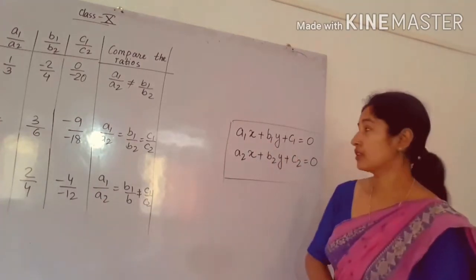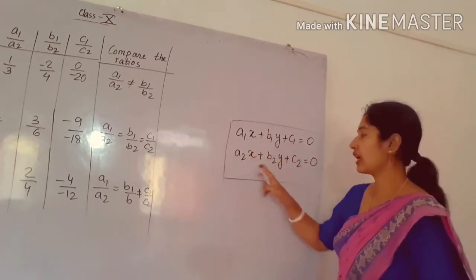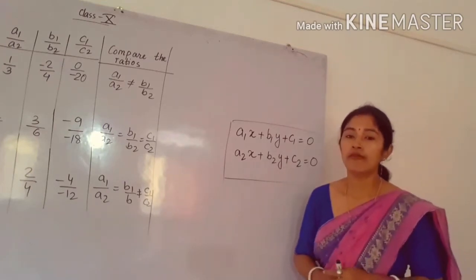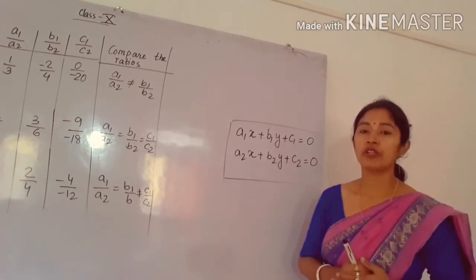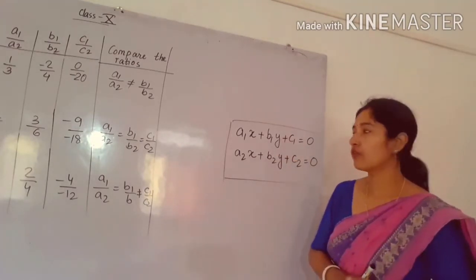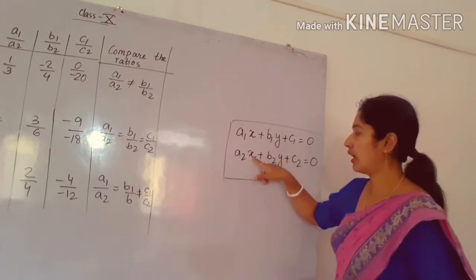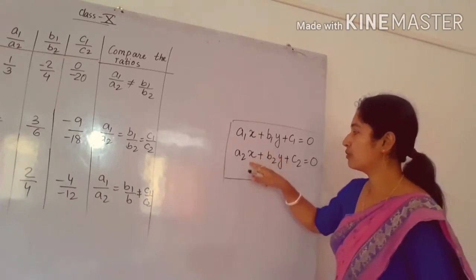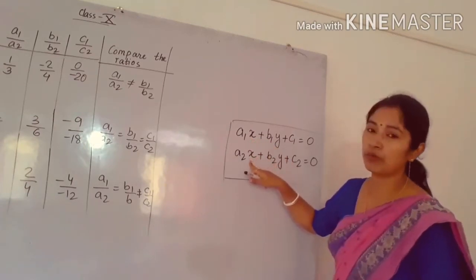Next, about the variables. Here x and y are the variables. Similarly here also we have to take x and y, because when we plot it in a graph, the linear equation gives us a solution. So we have to find the common solution of the 2 lines represented by the 2 equations. That's why we will take the same variable. In place of x there may be another variable given, but the variable should be the same. For example, if here the variable is z, then here also the variable will be z.